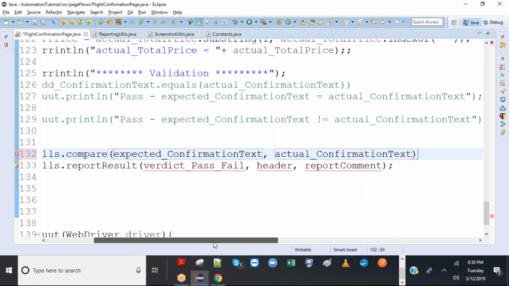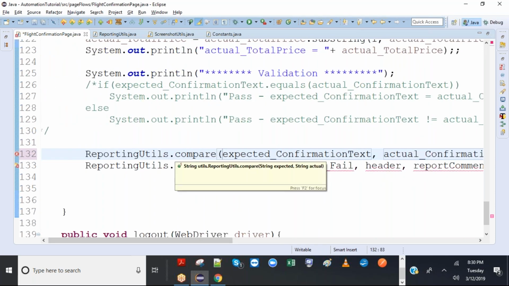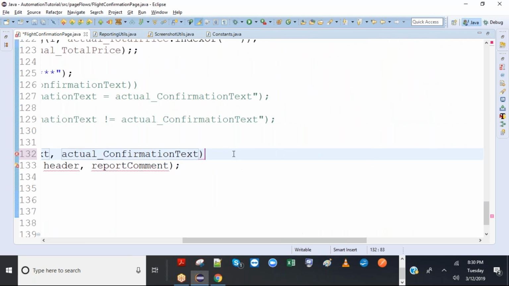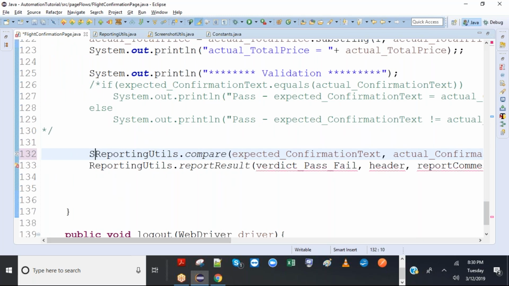Now this returns a string, right? So let's put it in a string value. Because there could be many validations, we have to be careful with the naming convention. Let's call it verdict underscore confirm text.